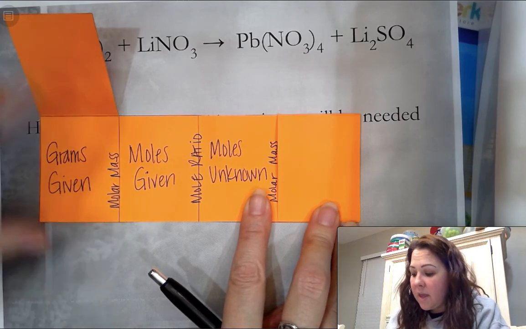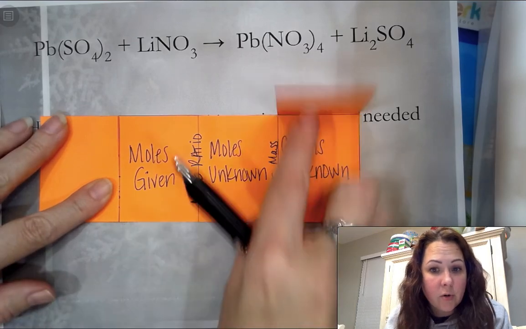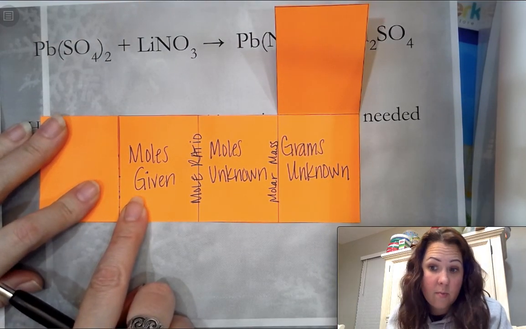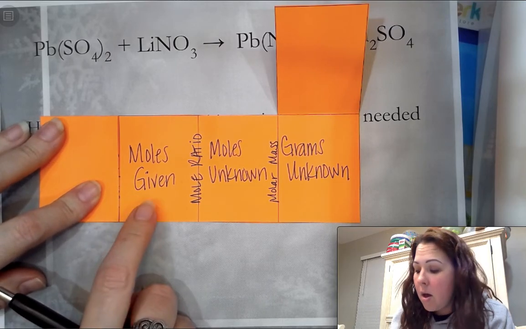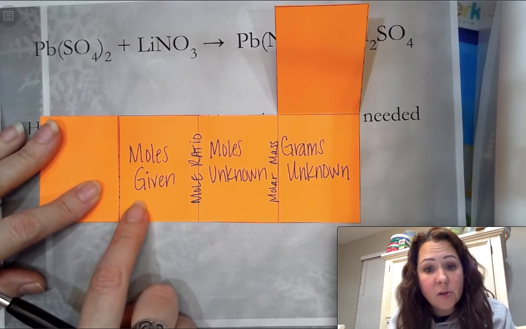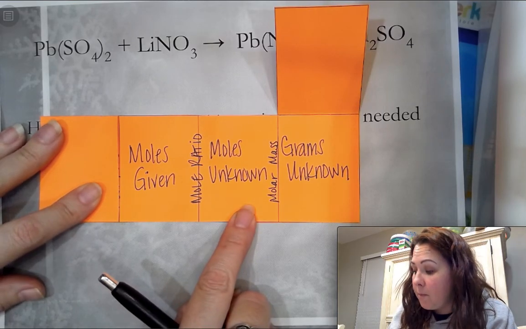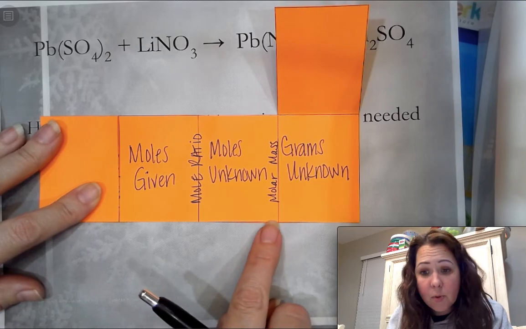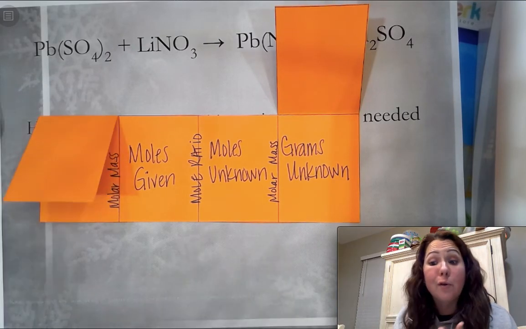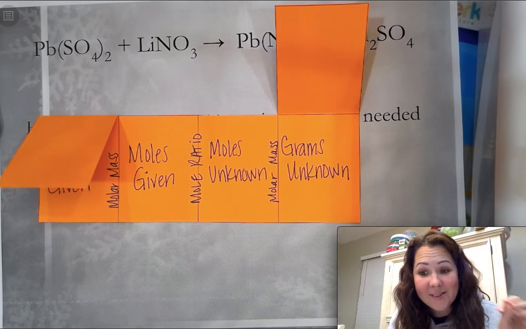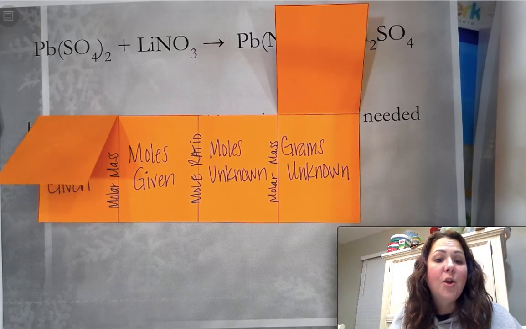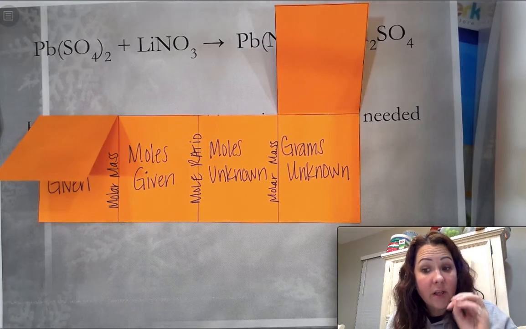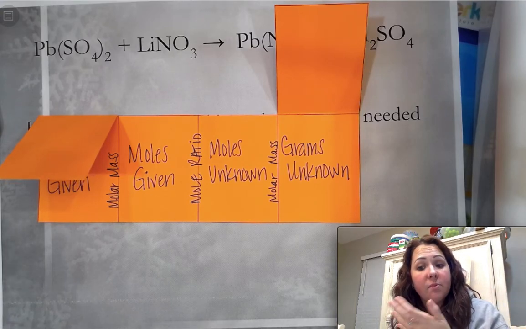Or maybe they gave us moles, but they wanted your answer in grams. So again, because we have moles straight off the bat, we don't need to use the molar mass of your given components. You just go from moles to moles by using your mole ratio. And then we went from moles to grams by using your molar mass. So on these problems, you're going to do the same process over and over and over. You're going to take your molar mass of your given component. You're going to use that to go to moles, mole to mole ratio. And then you're going to take those new moles and turn it into grams by finding the molar mass of